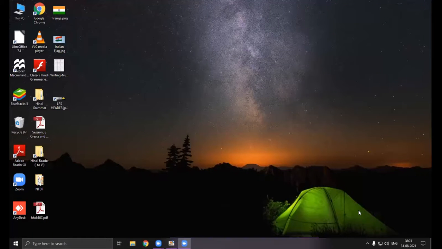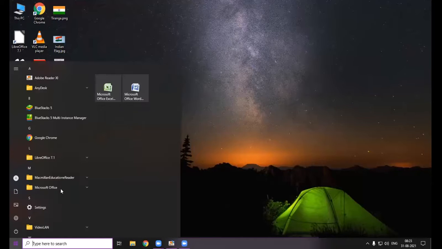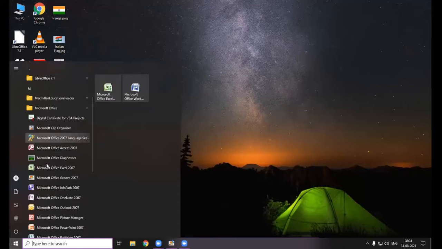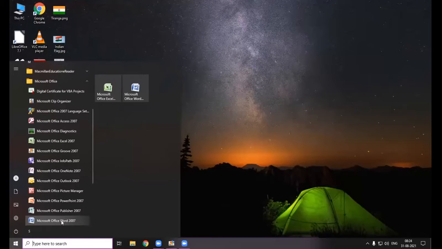So here is my desktop, as you can see on your screen. So now where you can find Microsoft Word, you will have to click on this start button, and if it is already installed, you can find it here in Microsoft Office, and if I click on this Microsoft Office, then it will lead me to Microsoft Office Word.